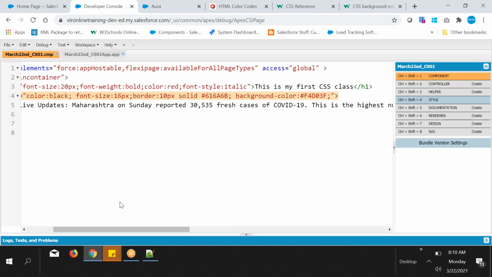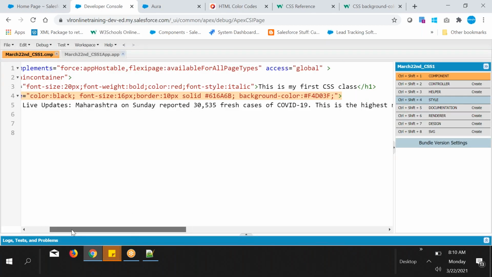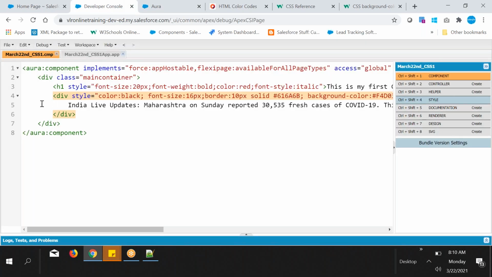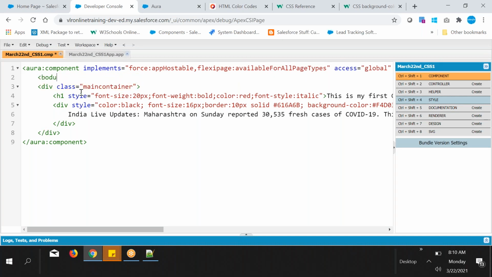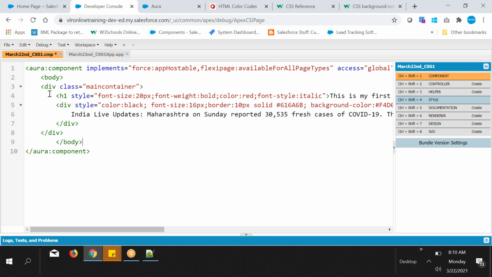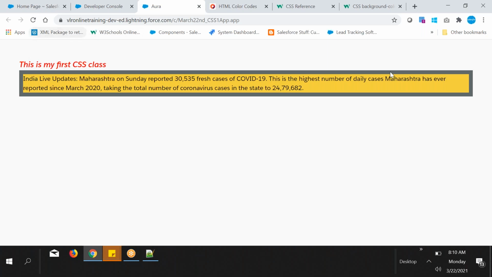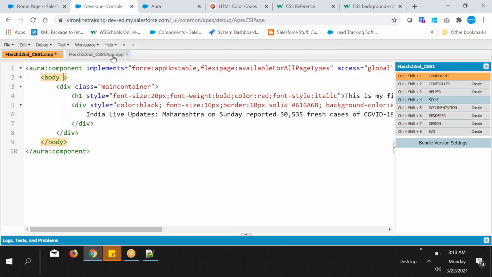Apply for body. So everything is inside the HTML body only. So in that situation, what you need to do is create a body here. HTML body is the main container, right? This is body actually, and apply that color. So how to apply?